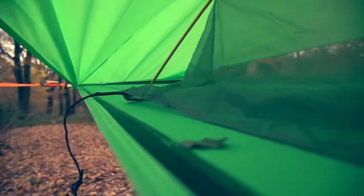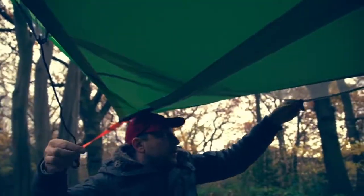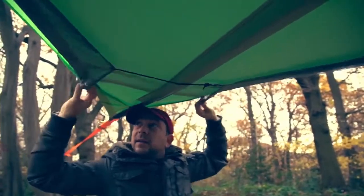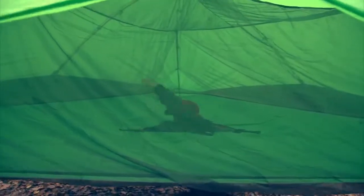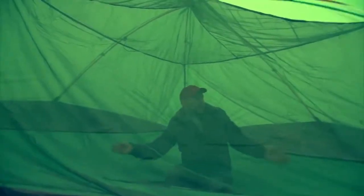So now at each corner of the fly sheet you'll find a long bungee and hook, and on the opposite corner you'll find a loop. So these two come together, put the hook through the loop, and that means your insect mesh is now sealed in the corners. And then I'm just going to come in through the center, and you've got a completely sealed Vista